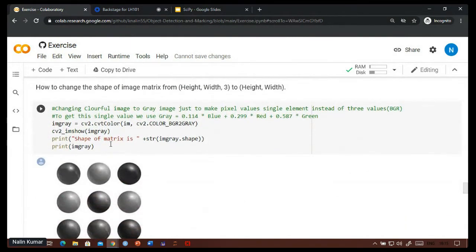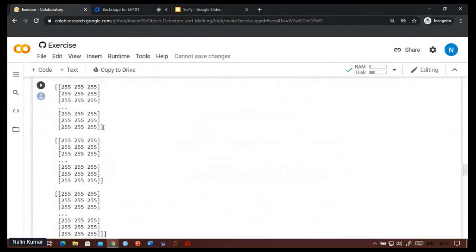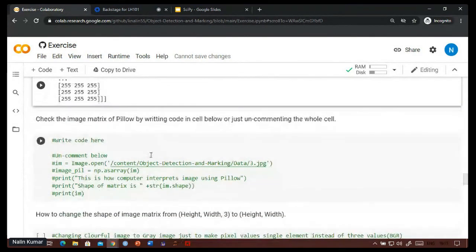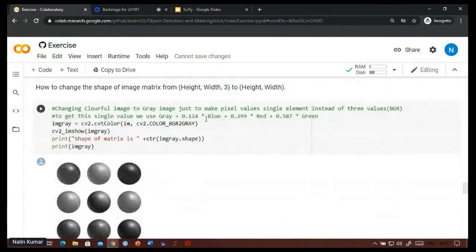So how can one get a grayscale image, or what is a grayscale image? A grayscale image is essentially a weighted average of the RGB image. For the single element of the matrix we saw, this 255, 255, 255, you multiply some weights to each of them and add them, and that will be the single element of the matrix. There's a function for that in OpenCV, color BGR to gray.